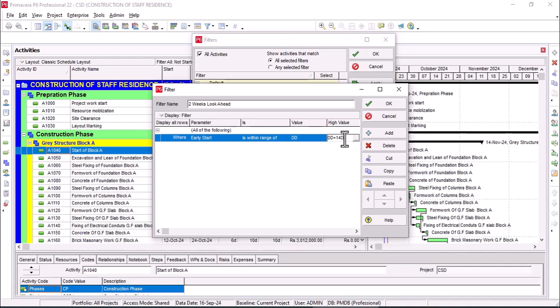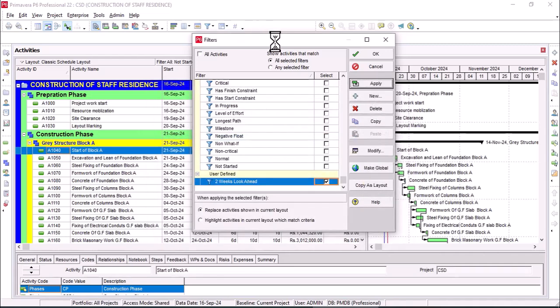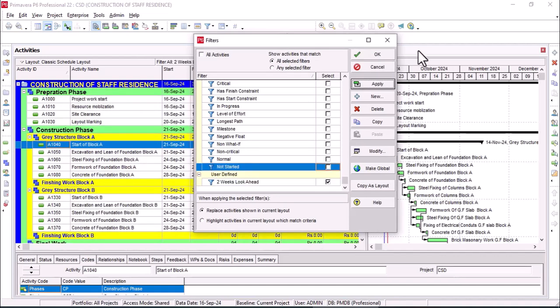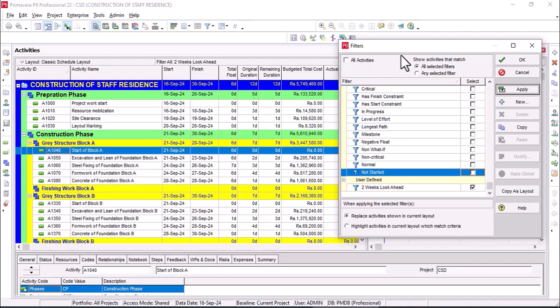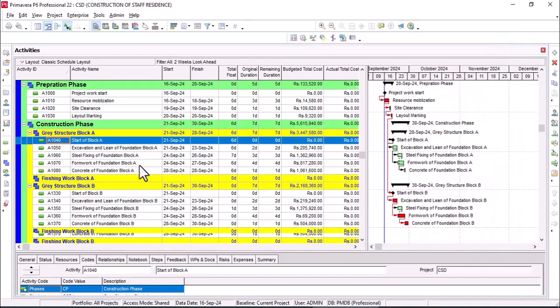plus 14 days. So that filter explains that all the activities whose early start is after the DD and within the range of DD plus 14 days, that is, all the activities that start within 14 days of the DD, will be shown on the window. You can see that all the activities that are within the range of 14 days of the start date, that is of 16 September,